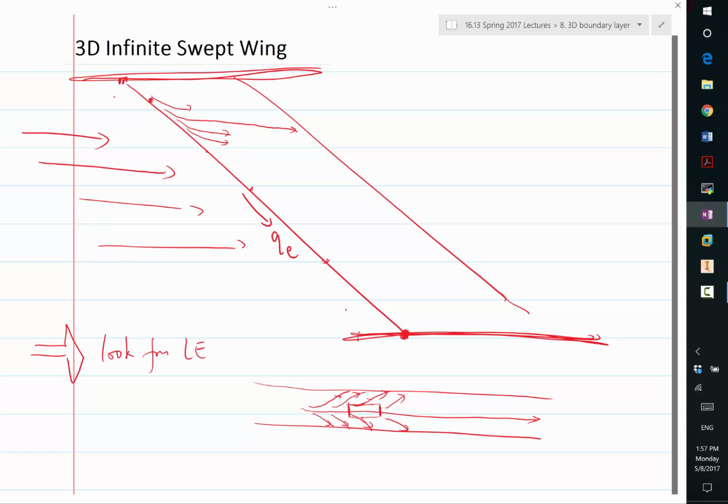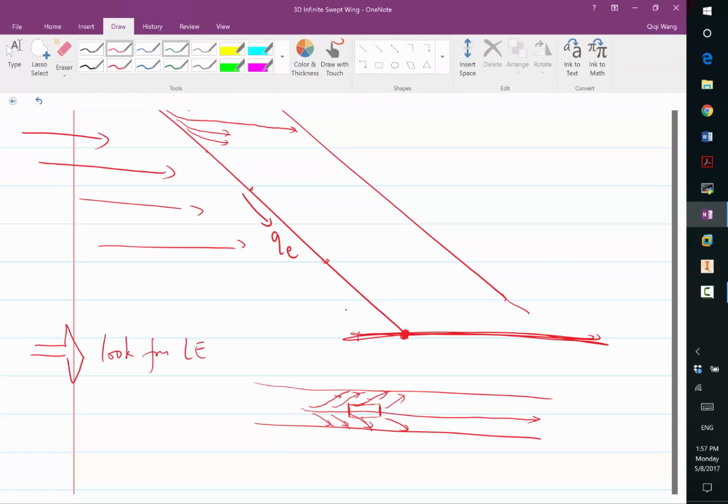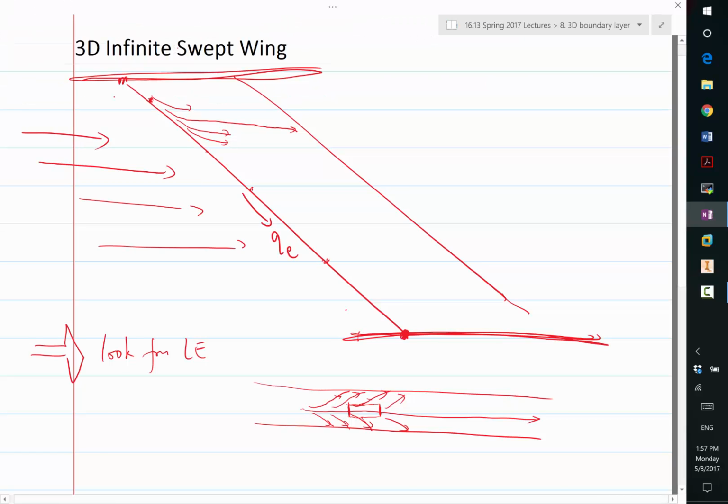Okay, so let's talk a little more about the 3D infinite swept wing. It's a very special case because if you look at the pressure distribution, right? So if you look at the pressure distribution,